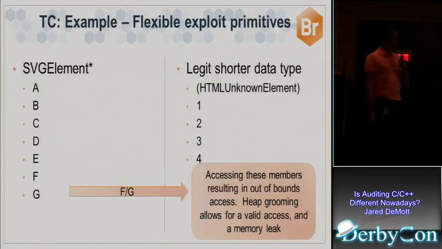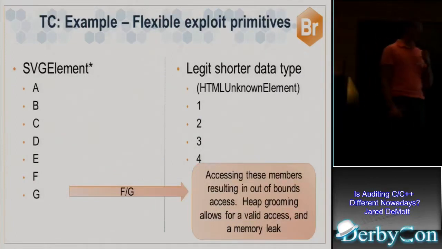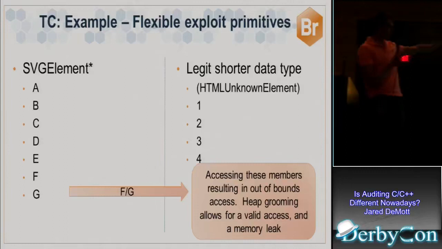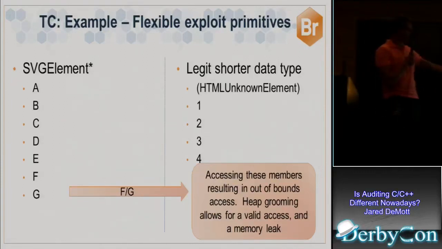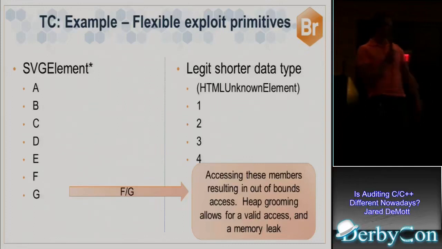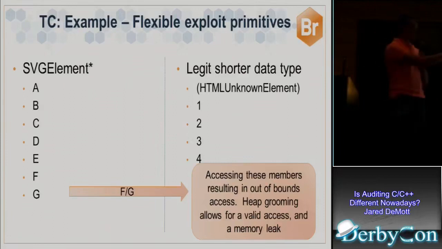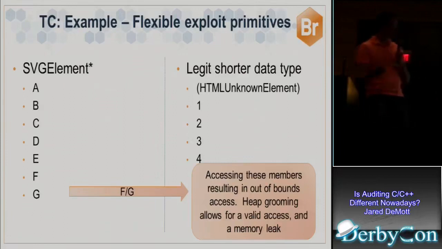It's actually what gets returned is some other type called HTML unknown element. And without going into all the details, I'm not sure this is the valid layout of each type, but the point I want to show is that the one that they think is there is actually longer than the one that gets created, so that you can call methods F and G and access data in actual memory outside of the scope of the object that was created by the application, such that you can groom the heap in a way that you can do all kinds of interesting things.